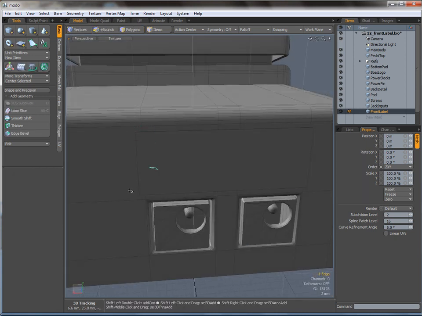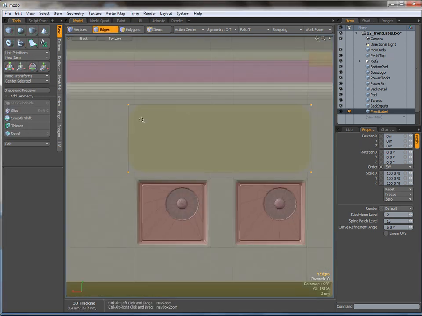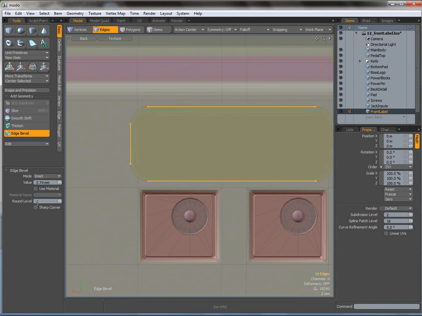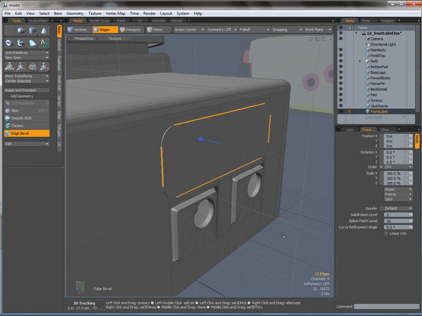and then I'm going to come in and select these four edges, and then I'm going to go to the back view and take a look at what we've got, and we just want to bevel these edges in with a round level of about 2. Actually maybe 3 for this one. Change that to 3. And come back to perspective mode, and I'm happy with that, so space to drop the